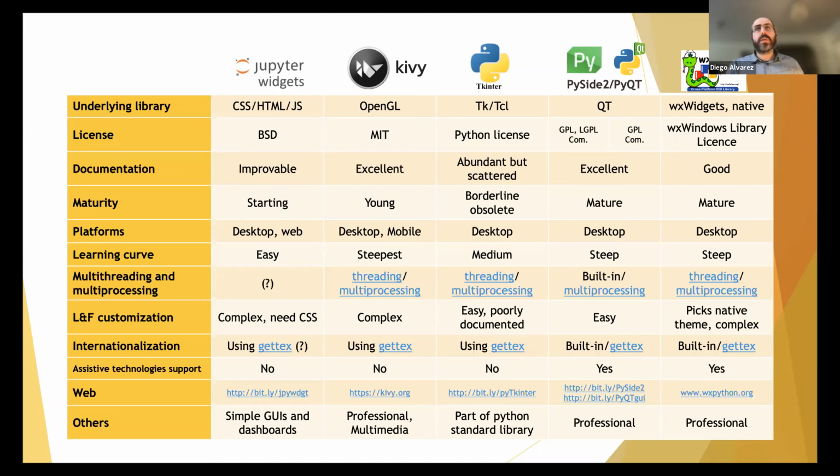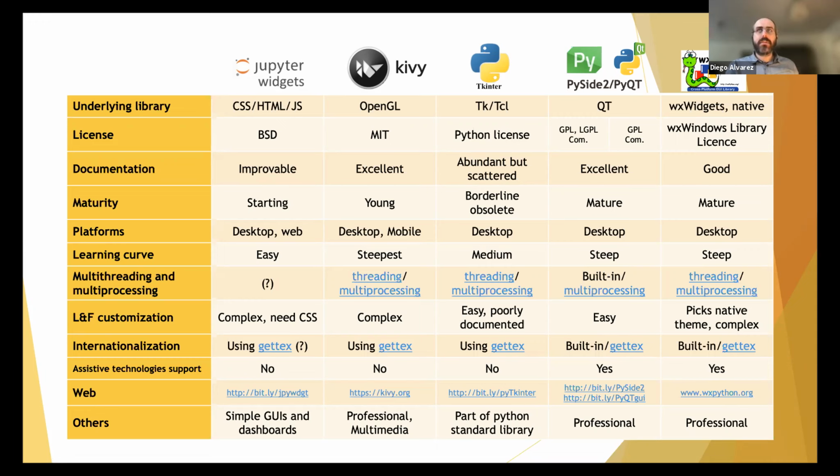License is very important for software. That's something you should always be aware of. All of them are rather permissive, so you can do whatever you want with Jupyter widgets, Kivy, and tkinter, which is part of the Python standard library, so it has the same license as Python. And the wxPython license is also quite permissive. It's some sort of relaxed version of the Lesser General Public License. But